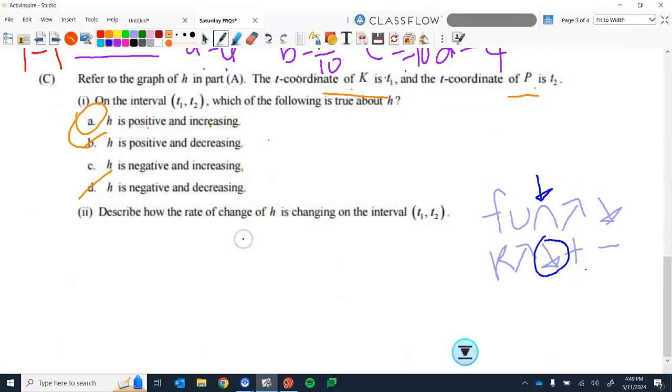But remember, they didn't ask me that. It just asks how it's changing. So I don't even care about that part right here. I only want this because I don't want you to get half of this wrong and then it matter, because it may or may not matter. I think I'm going to try and write this out because even though my handwriting will look insane, it's better than, I don't know what's going on with this text thing. It doesn't like me. So I would say the rate of change